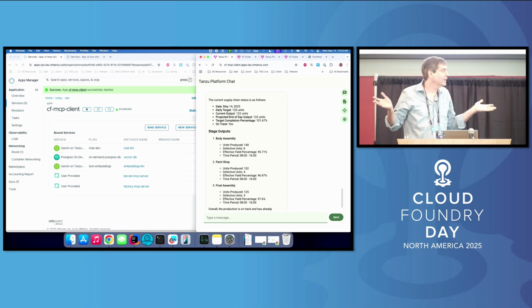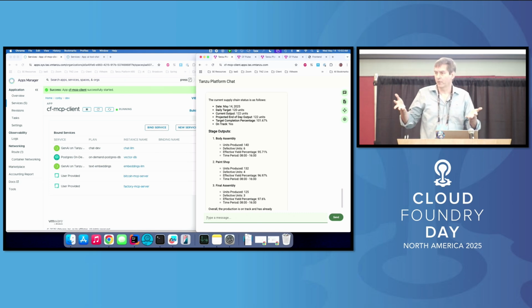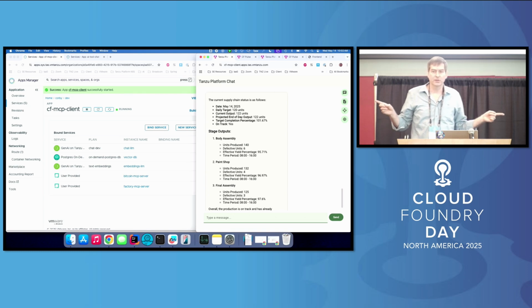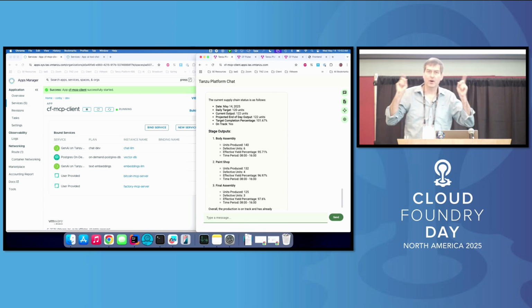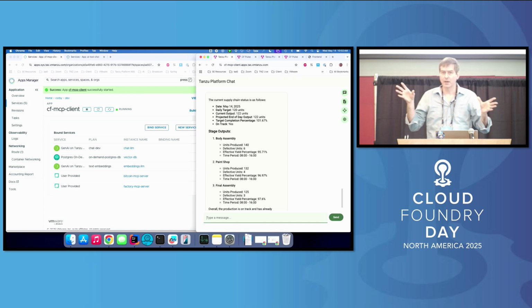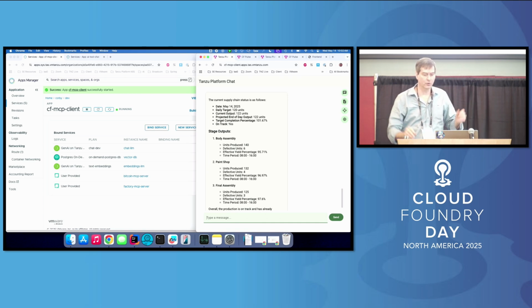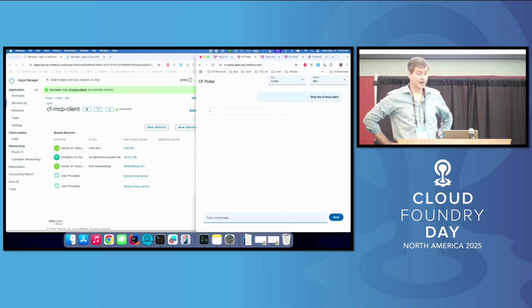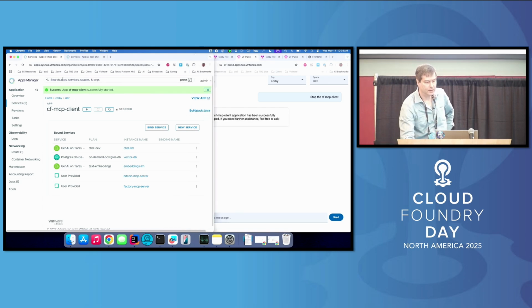So what is the friction? What is the throttle, the choke point in terms of getting this stuff out? It's not ideas. I know that everybody who's watching this today has ideas when they look at this and say, oh, I know what I could do with my applications in terms of making them AI-enabled, cool things I could do, cool value. I went in and created this guy, CF Pulse. This is a natural language interface to control my Cloud Foundry foundation, and I use that as my daily driver. It's a real nice shortcut for working with the system.